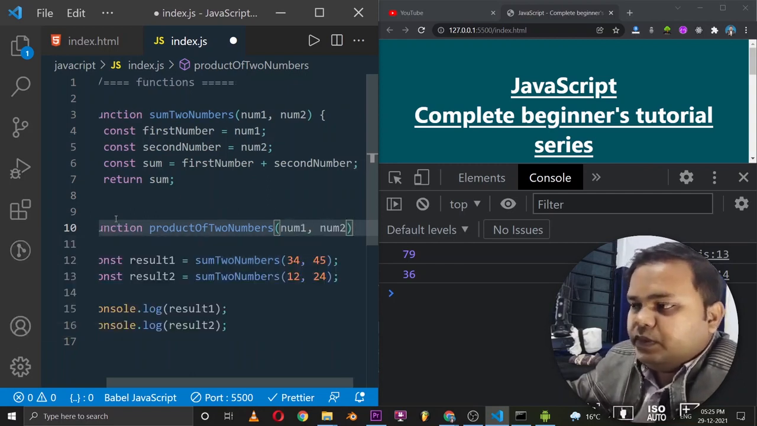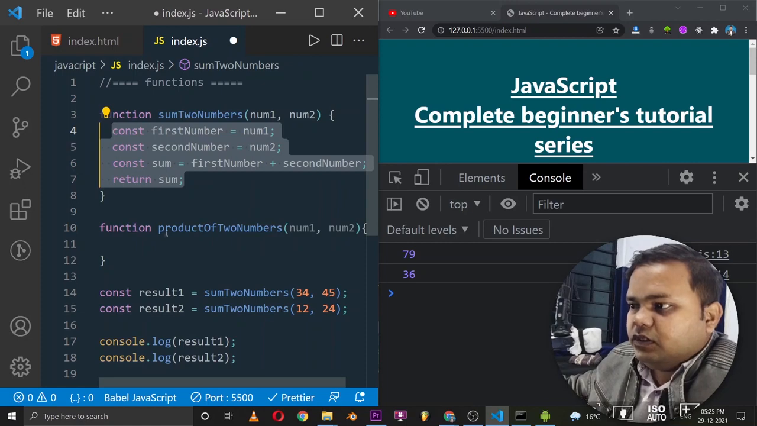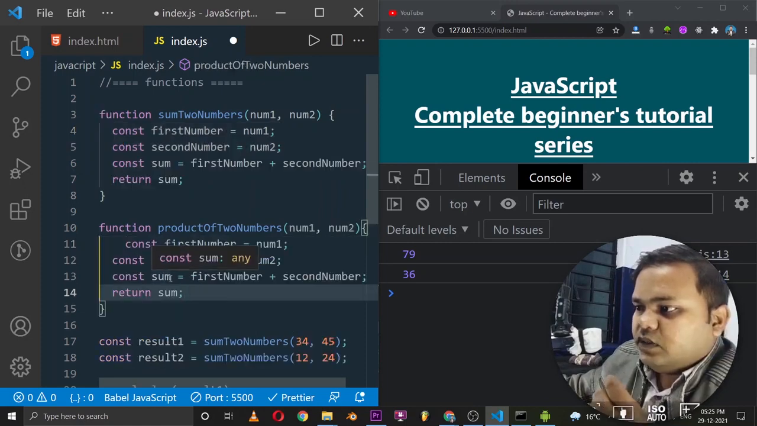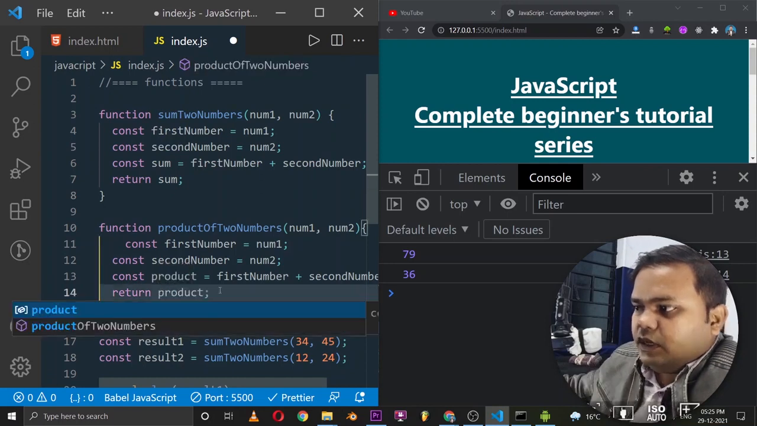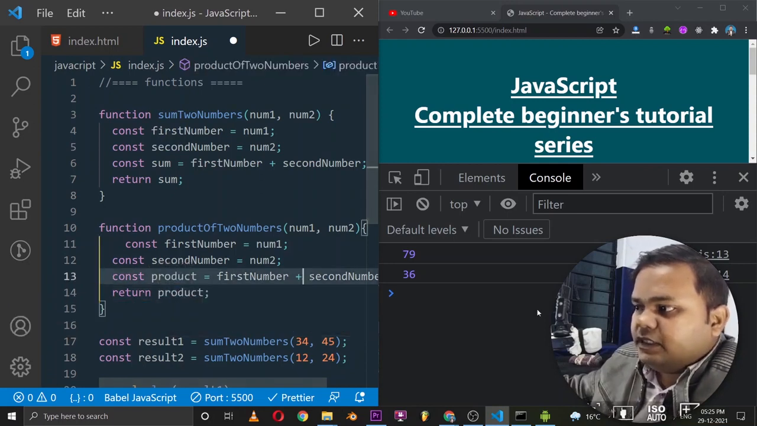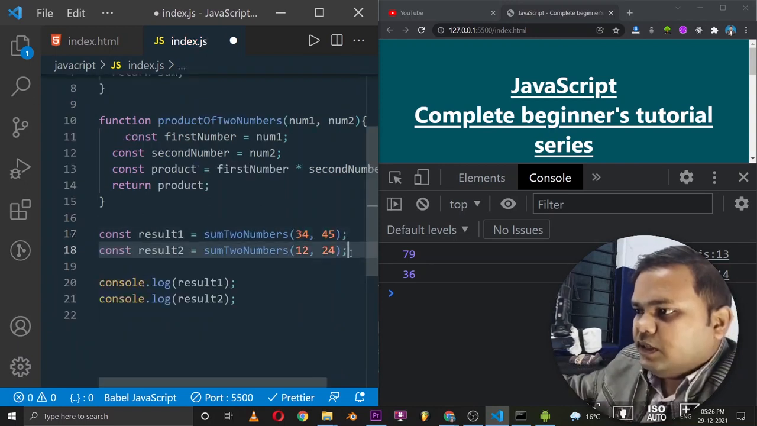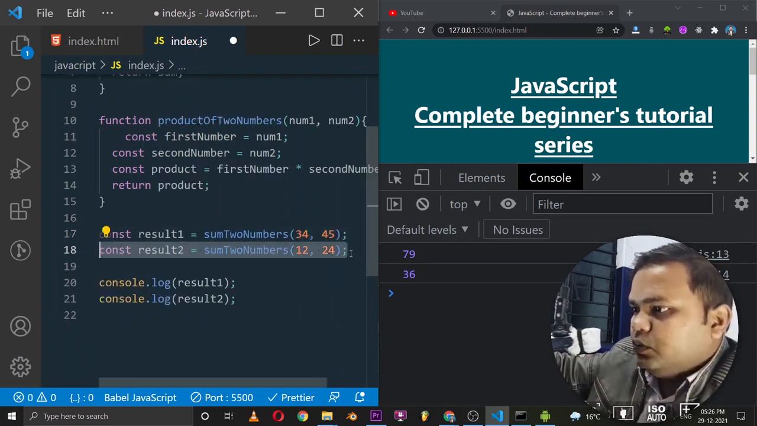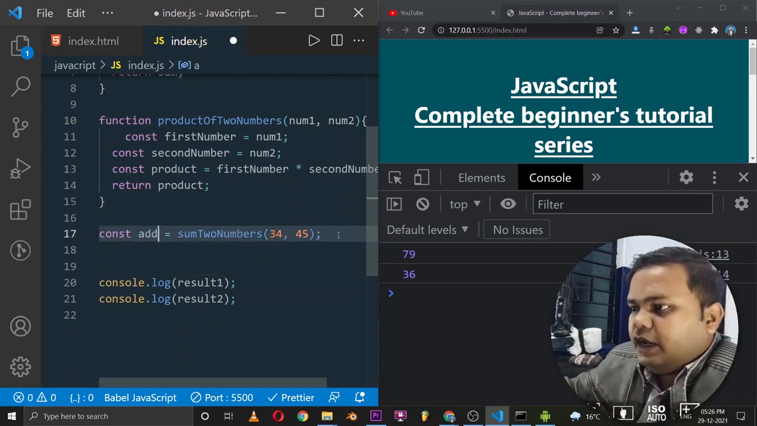Then I will give opening and closing curly braces, and inside the curly braces I'm going to reuse these statements, and I'll paste it over here. Instead of sum, I'll call this variable product, and I'll return the product, and instead of adding these two numbers, I will multiply them. Now let me delete the result2 and rename this result1, and I'll call it added value,